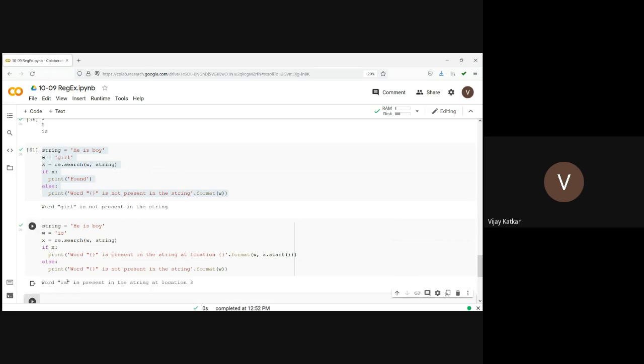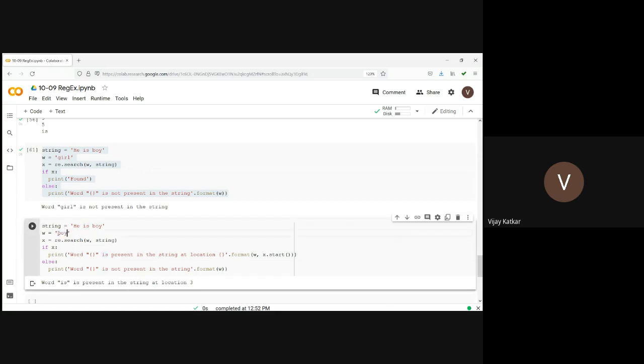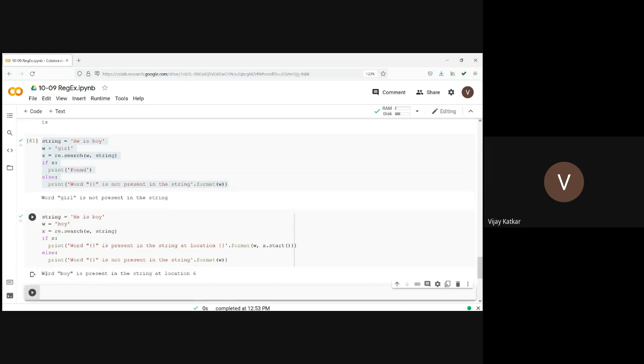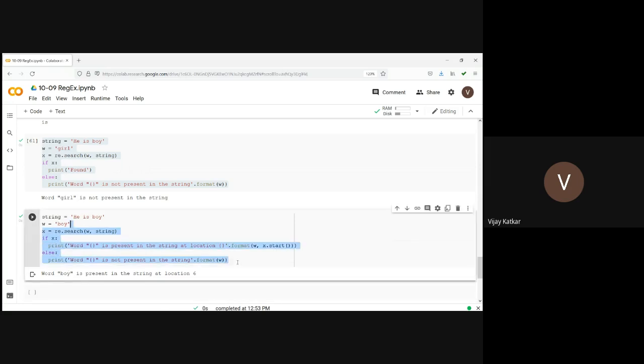So the word is, this is present in the string at location 3. Okay, let me replace it with boy. Word boy is present in the string at location 6. So we can use search to check whether a particular word is present in the string or not, and if yes, then at which location it is present in the string.